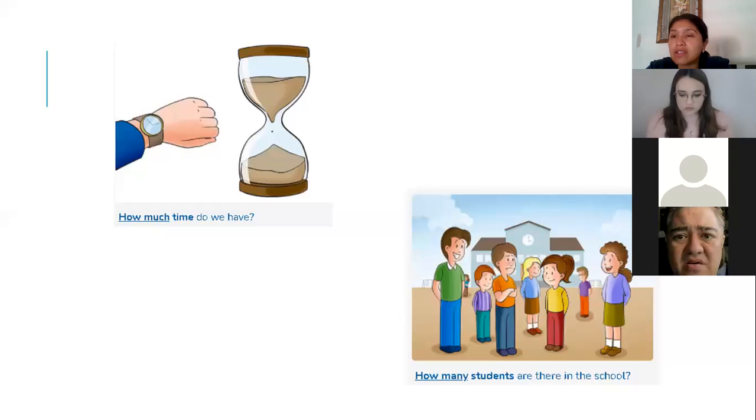How many students are there in the school? So you can say there are some students, there are many students, or there are a few students, o hay poquitos, right? Utilizamos por lo contrario, por ejemplo, de que much es mucho para uncountable y many es mucho para contables. Tengo lo opuesto que sería little para no contable y a few for countable, right?